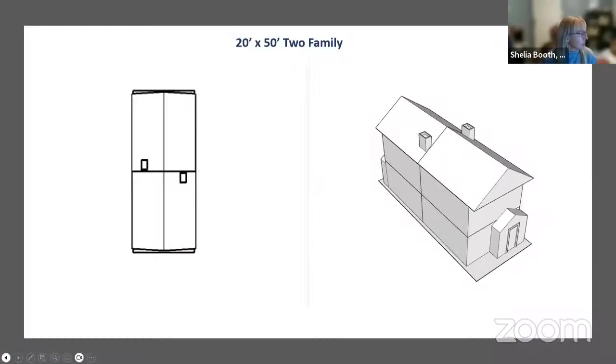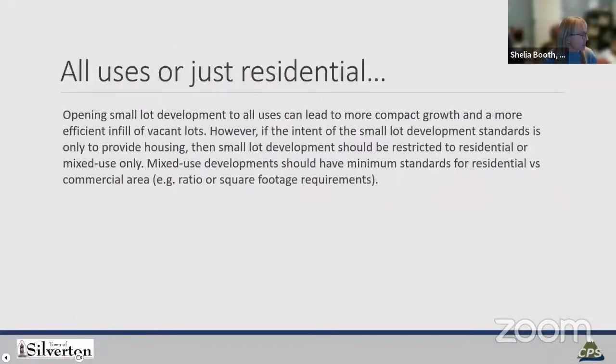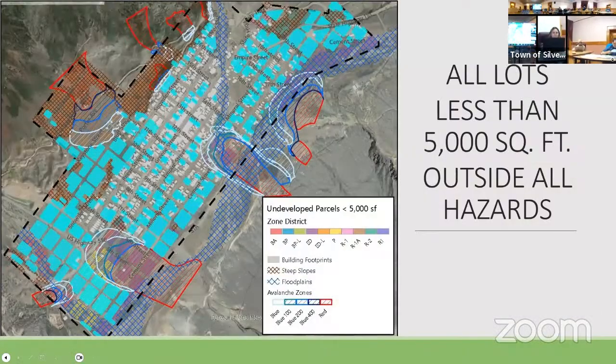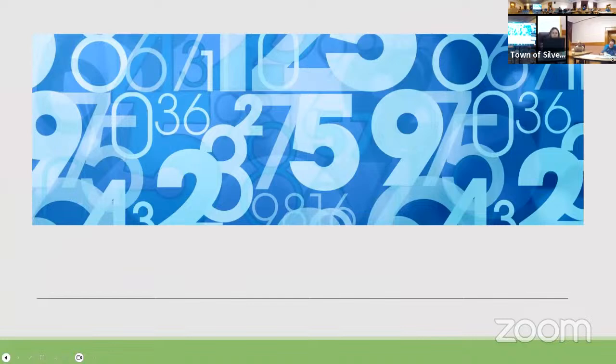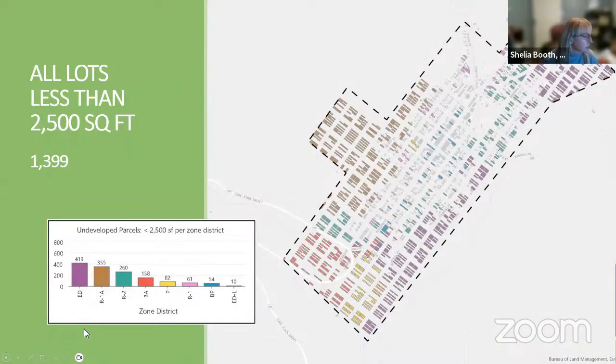Are they centered in certain areas where they're only 50 feet deep? Some of them were narrower and then longer. He just did a full analysis based on the area of the lots in question.